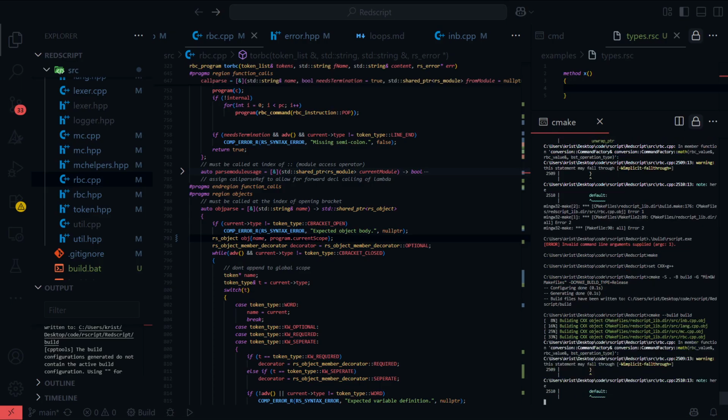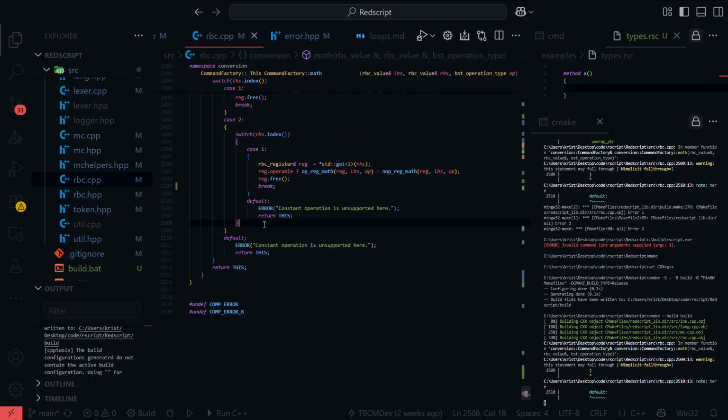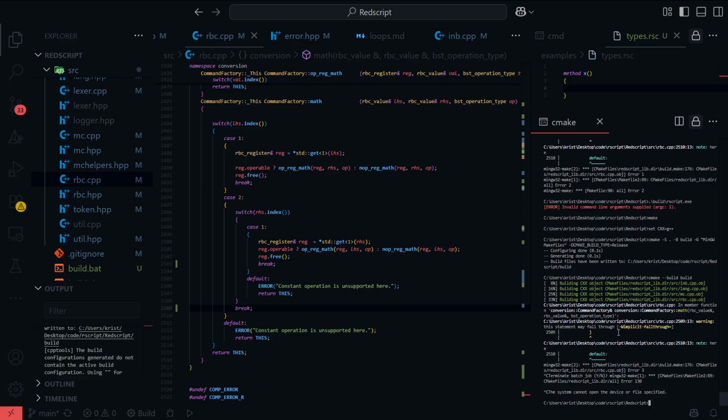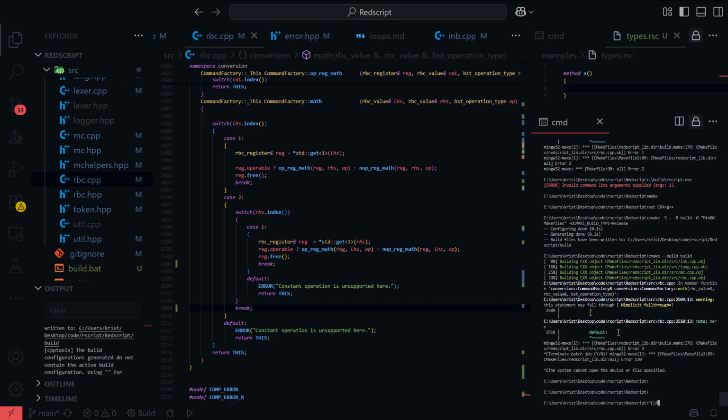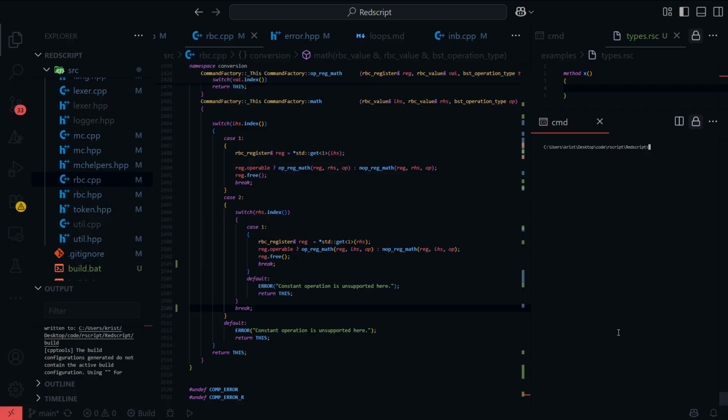Yeah, I did in the console. What the fuck? What is going on? Why is my terminal doing this? Okay, it works now.